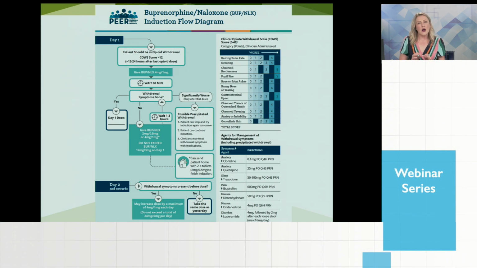Really, at that 1 hour checkpoint, all we're trying to determine is, has that bad thing happened? Have we caused precipitated withdrawal? So we're asking, do they feel significantly worse? And I'll tell you, I've only ever had 2 patients that I've put into precipitated withdrawal, and both of them definitely told me that that bad thing happened. There was no, maybe it is, maybe it isn't. It is very clear if a patient has this sudden effect.